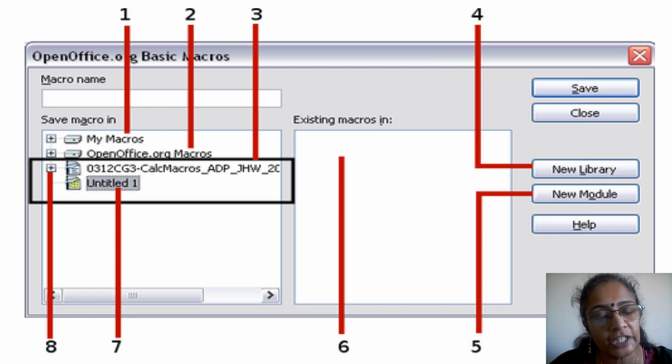Now, until a worksheet is saved, a standard library is not saved. But the moment we save a worksheet, there is a library called the standard library, and along with that we can create new libraries of our choice, and inside that we can create our own modules by clicking on New Module. Inside the modules, all the different types of macros that we create to make our work simple are saved under different macro names and they can be reused again. So this is the way we can save our macro.